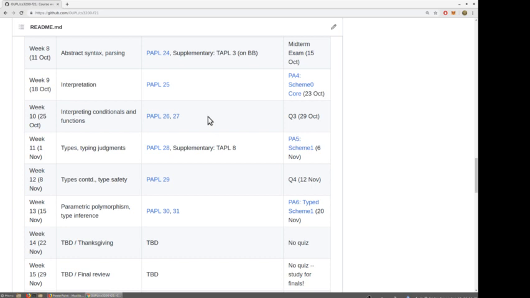Let's see. I thought that we would do something a little fun today because I haven't had time to prepare anything else, and it's Friday, and we've covered a lot of material already. So today what I'll do is I'll show you the lambda calculus. I've been hinting at doing this, and I feel like I'd be remiss if I never showed you the lambda calculus and talked about it